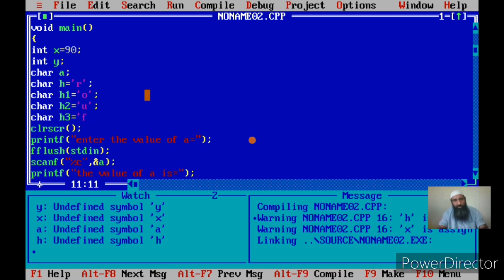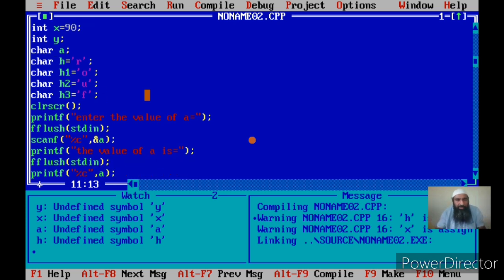Now my name is stored in how many variables? I have only stored my first name. My actual name is Rauf Ali. My first name is Rauf. I stored Rauf. This is a simple example to indicate to you that a single character variable is capable of storing one character only.